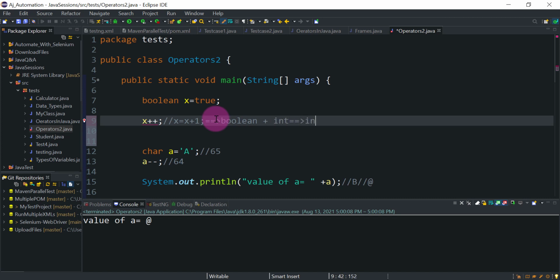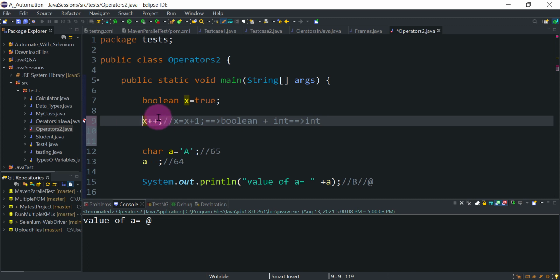This will be an integer, right? So we are assigning an integer value to x. x is boolean and you are trying to assign an integer type value to x, and that's why we are getting this error. You cannot convert boolean value into integer, meaning you cannot assign an integer value to a boolean type variable. This is also a very important point for the interviews.